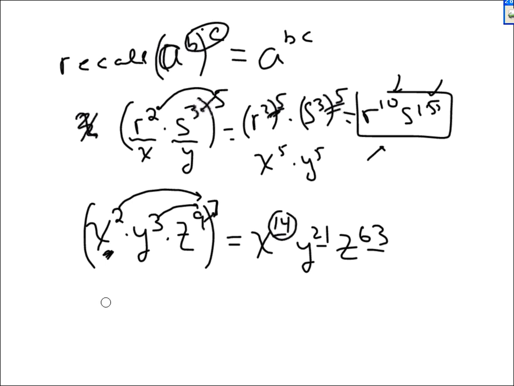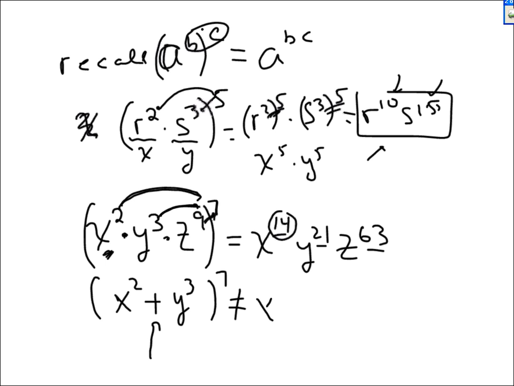It's up to you to spend the time to remember that this is multiplication. I'm sure you know your multiplication table, but yet you may get these wrong because you didn't know to multiply. Now, I said a number of times, what's in the parentheses must be multiplied. If you have x squared plus, that's not multiplication. If you have x squared plus y to the 3 to the 7th power, this is not, say, x to